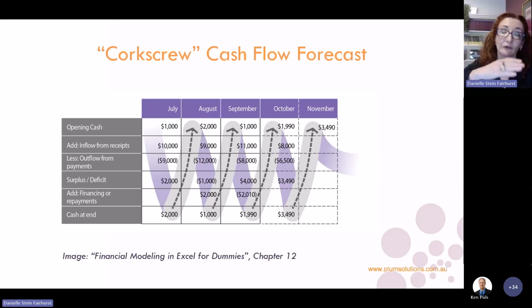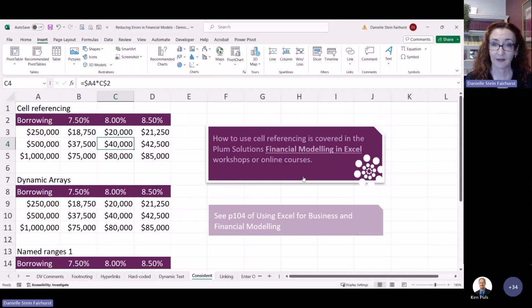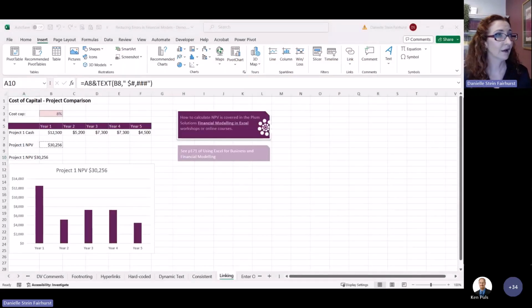That will round it up, comma -3. That will round it up to the nearest 1,000, or comma -6 will round it up to the nearest million. And you can use that to calculate the amount that you need to borrow. So I would say always linking is a good idea. So a couple of examples there with linking.